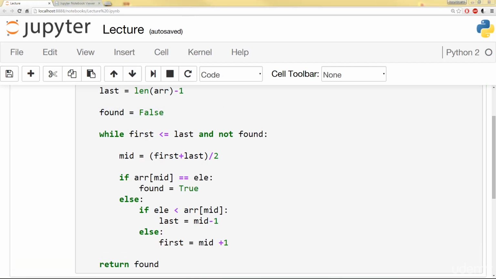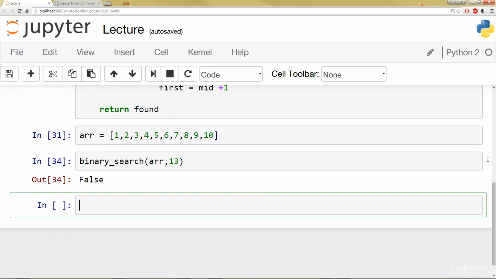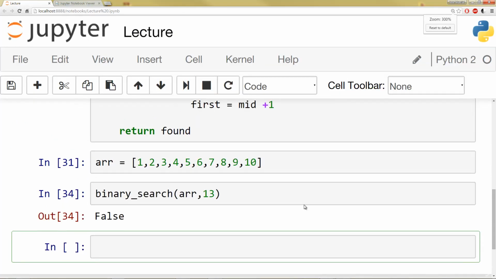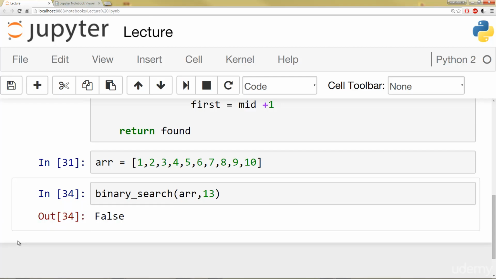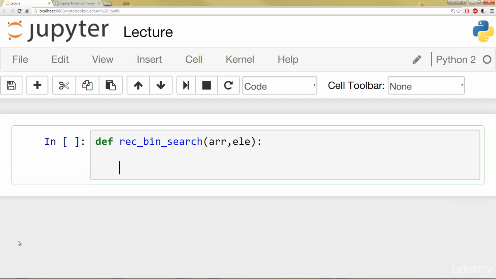All right, so let's go ahead and implement a recursive version of binary search. Let's just go ahead and clear out these cells. I'm going to say REC for recursive, BIN for binary, and then search. It takes in an array and an element. Remember, for recursive algorithms, we need to start off with a base case. In this case, we'll say if the length of the array is equal to 0,